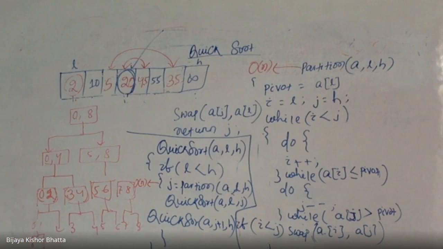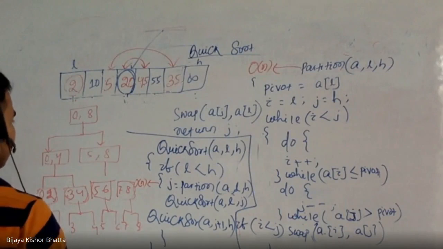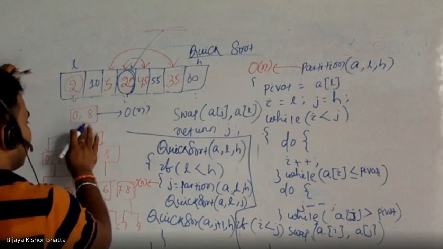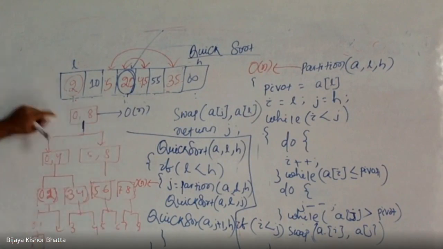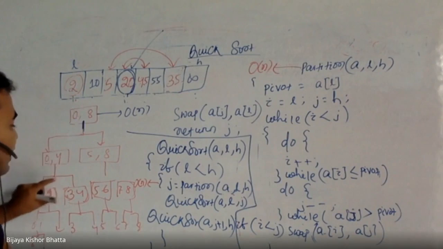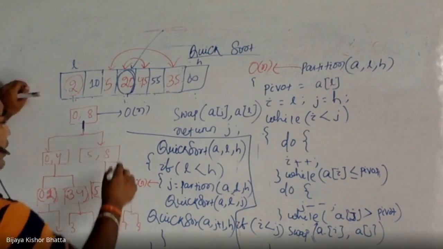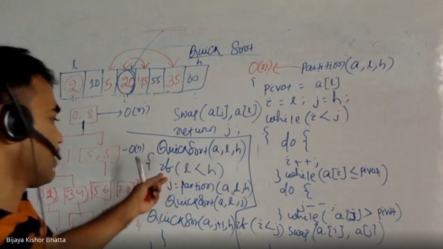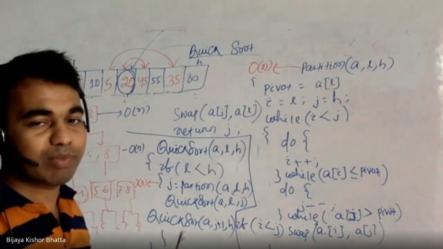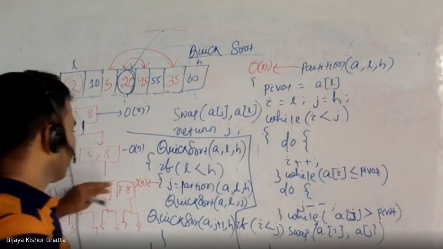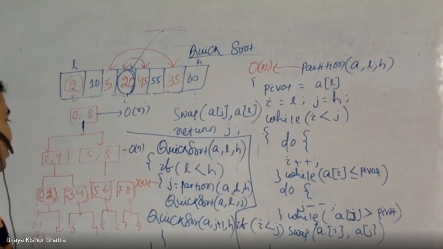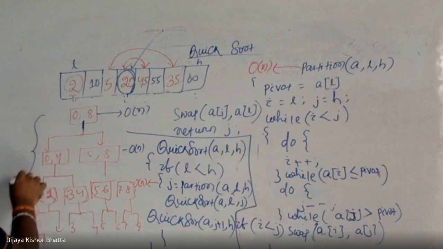Okay. So what I'm trying to say is, if you see, in order to find one step, this is what it is doing in this step. So this is order of n, because it is trying to find out the actual position, the partitioning point. So each step is taking order of n time, right? Because each step is calling this partitioning method. So that means in each step, the partitioning is going to contribute order of n to the time complexity. Now the question is, how many steps are there, right?